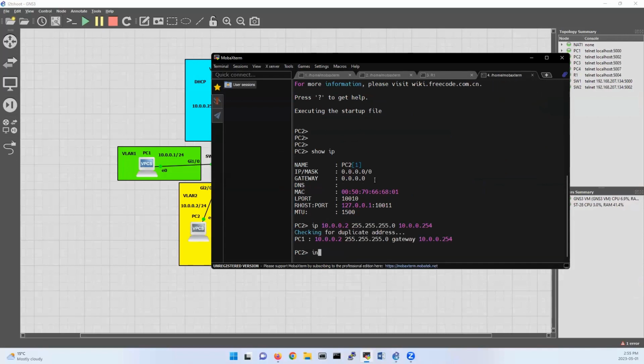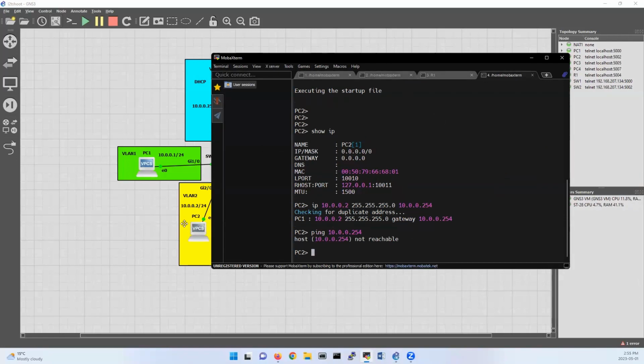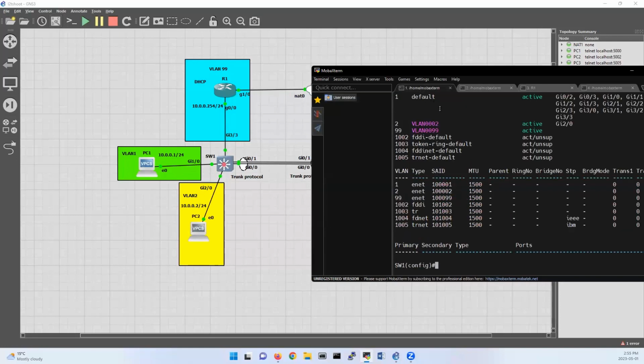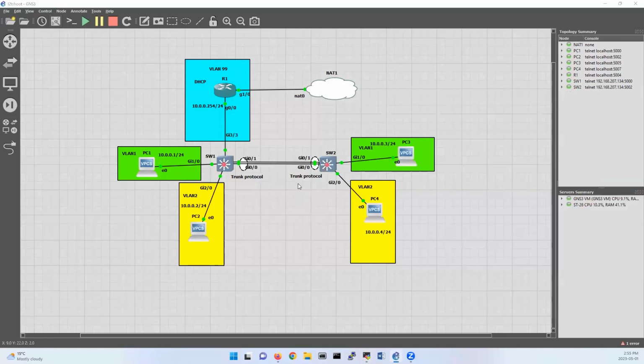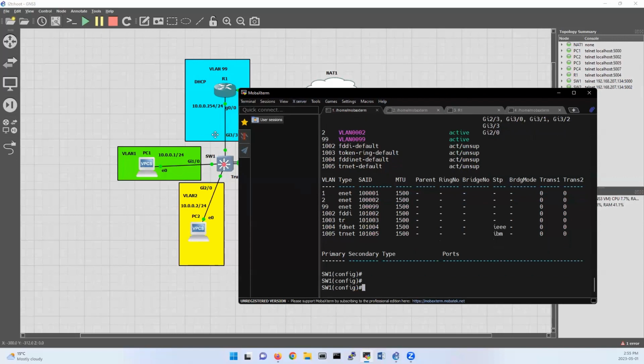And if I try to ping my default gateway, see, no result. The reason is VLAN 2 is not resolvable to VLAN 1. So on switch 1, I should not put gig3/0 as part of VLAN 1, but I should configure it as a trunk